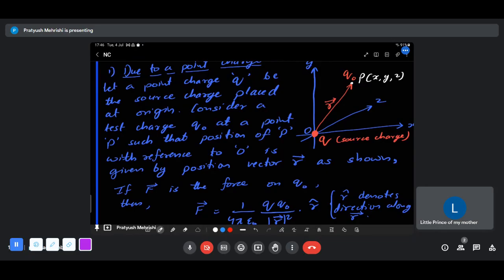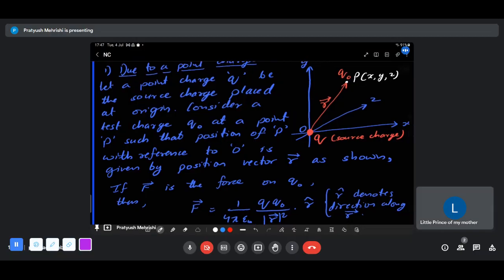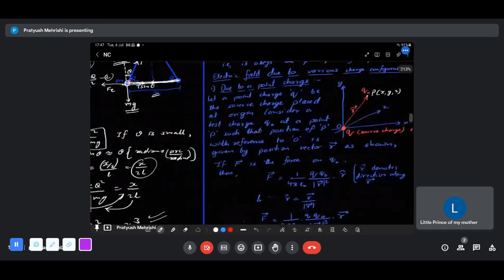How do we get that? For getting the electric field due to this source charge Q at point P, we need to find the distance OP. See carefully: it is the distance between the source charge and the point P. It means the position of point P. Source charge means we are finding the electric field due to this charge. Got it now? Take it down. Shall I move ahead?